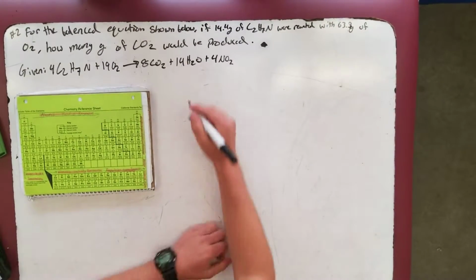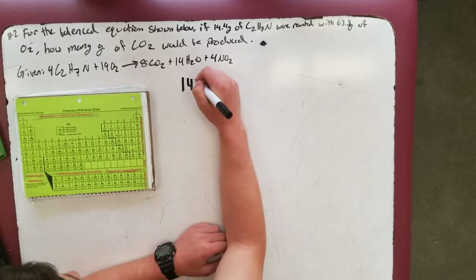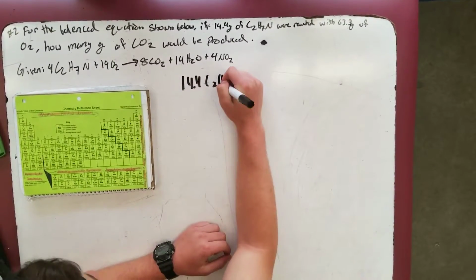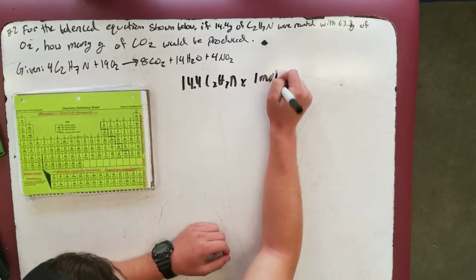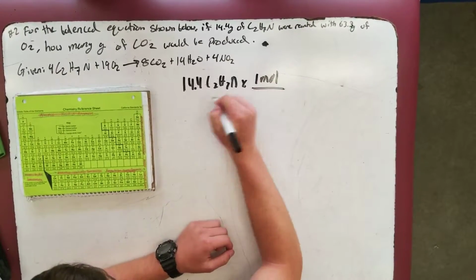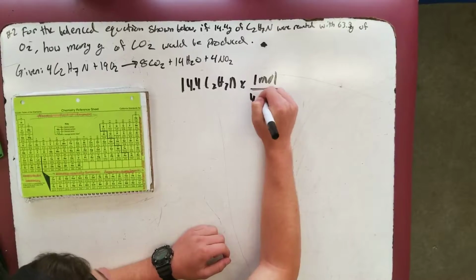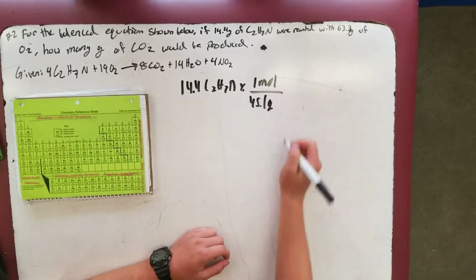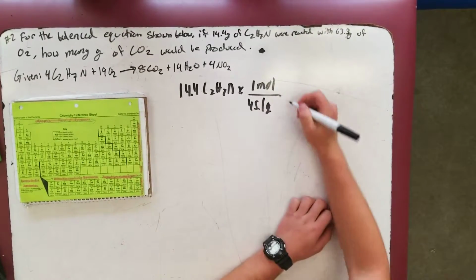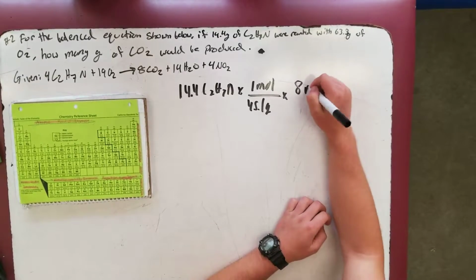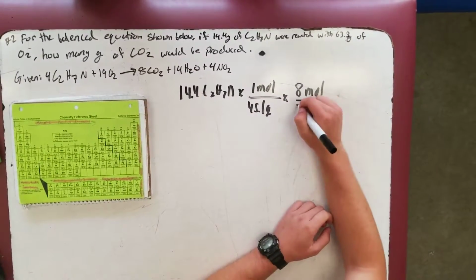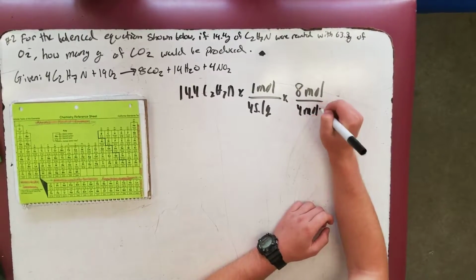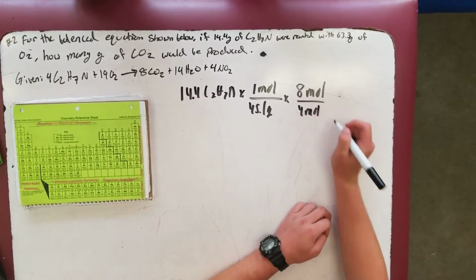So we're going to start with the given, which is 14.4 grams of C2H7N. We're going to multiply that to convert to moles by 1 mole on top, and the mass of this, which is 45.1 grams once it's all said and done. Next, we're going to go to the mole ratio: 8 moles on top, we got that from the CO2 over here, and the 4 moles on the bottom, we got that from the C2H7N